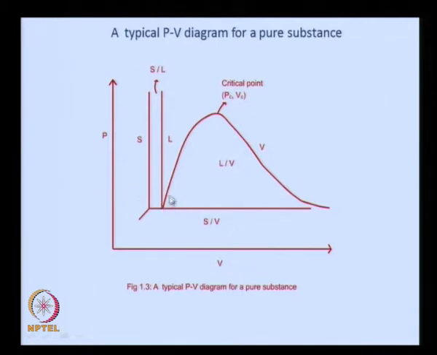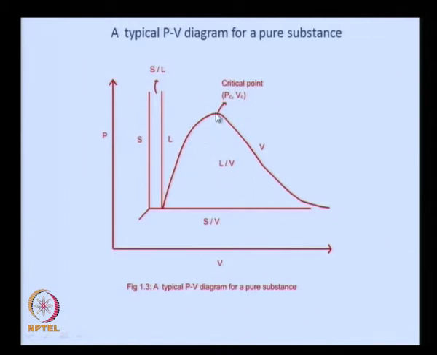Let us focus on this curve alone. There are very many parts to this diagram. In other words, these are pressure specific volume combinations where the different phases exist. We said under this dome you have the saturated phase, which is a mixture of liquid and vapor, and the